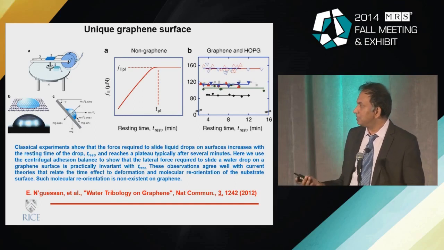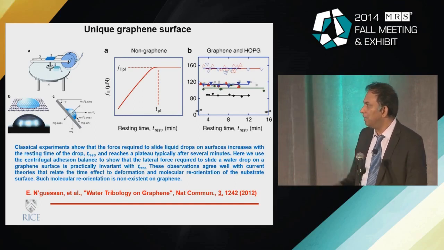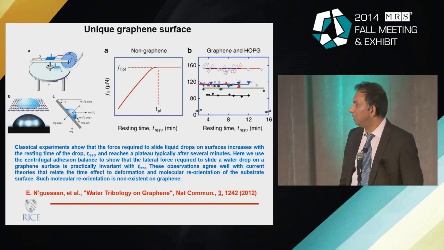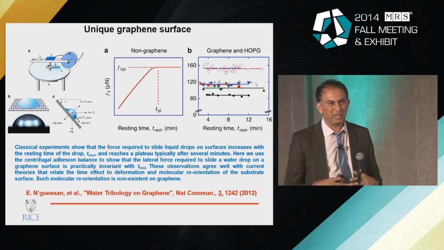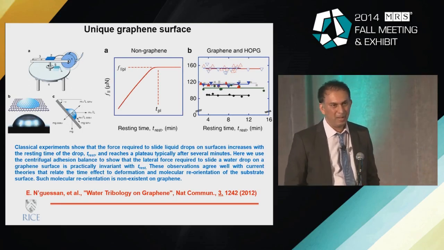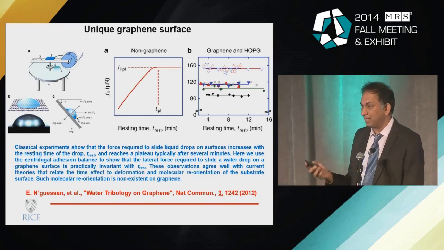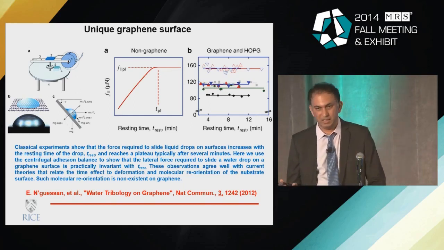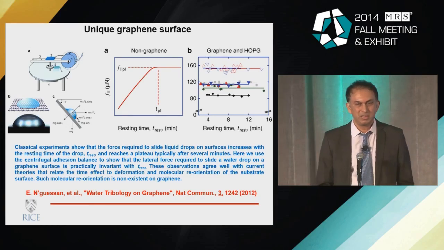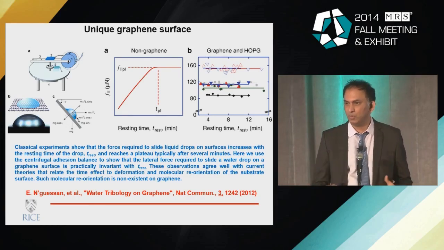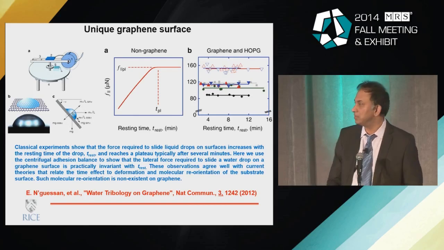And what he finds is that typically, most surfaces have what is called a resting time, and it reaches a plateau after a certain time. And this is because as you're trying to move solvent or water on the surface, you have some reconstructions on the surface that is happening. But it looks like something like a graphene layer or boron nitride layer is almost invariant with this resting time because there is absolutely no surface reconstructions occurring as you're trying to move or drag water droplets on the surface.